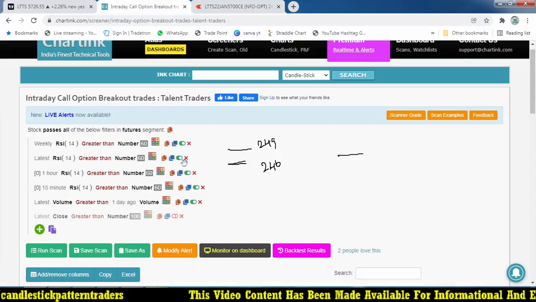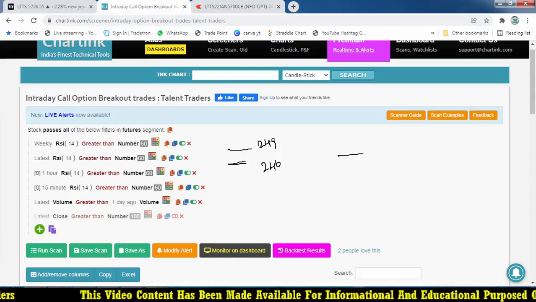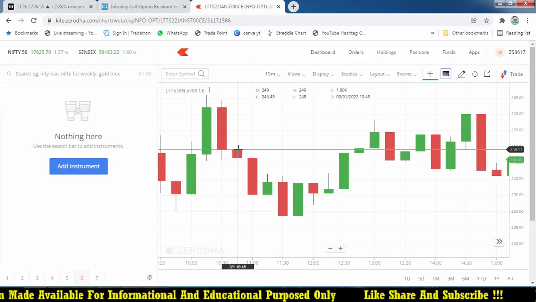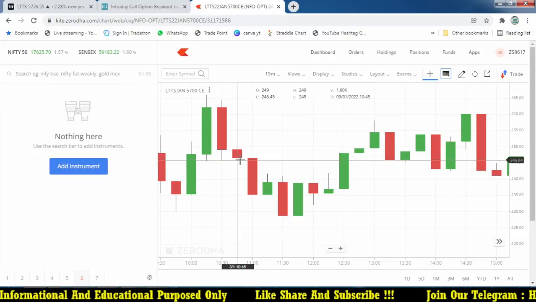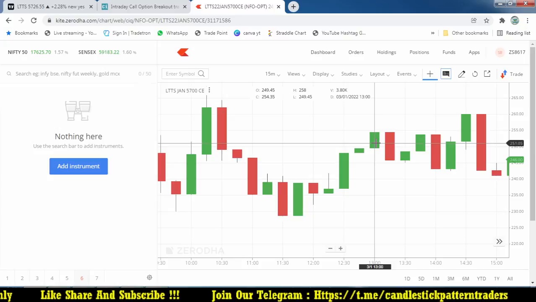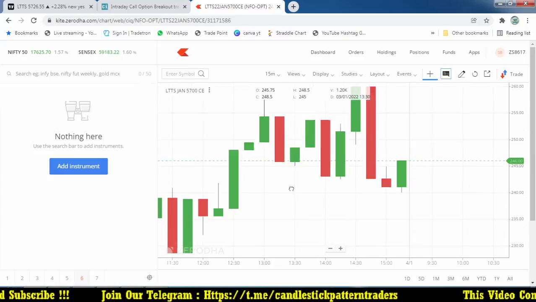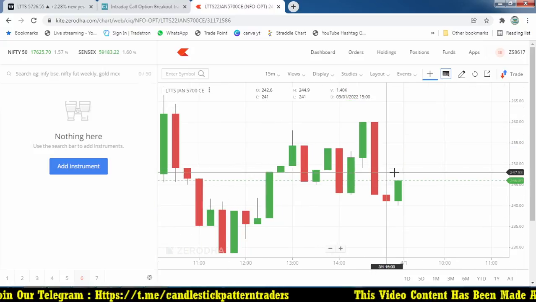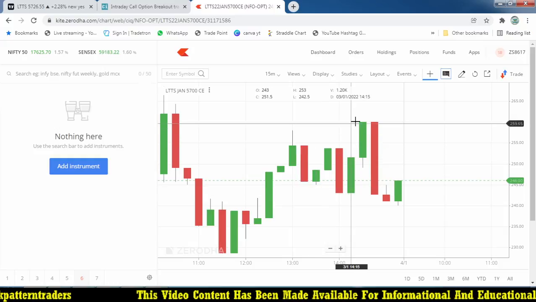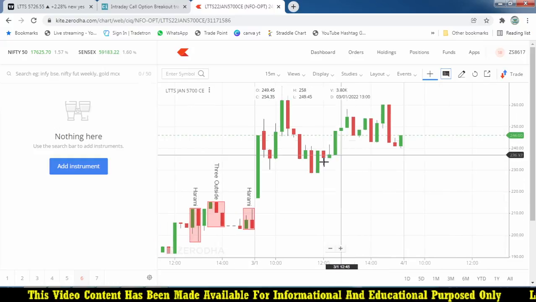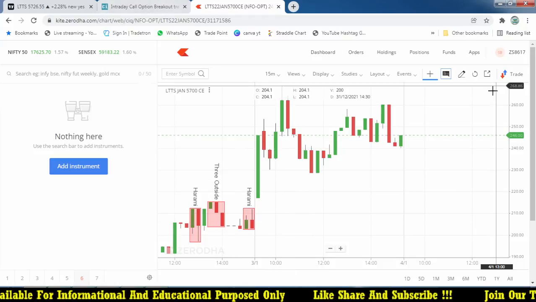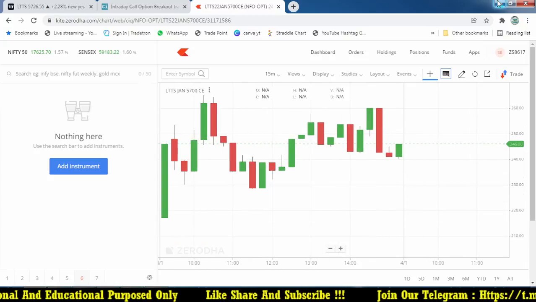So now you understand. This stock LTTS is the first stock given by the breakout. That candle is the key point where we make the entry point, with the stop loss below the candle. It's a very minimum stop loss, and you still get almost 9 rupees profit from this particular trade. After that it is trading on the same level. But after it triggers your stop loss, it comes down to 242 and then moves up to 260. So this is the key level whenever the entry triggers on a particular stock, right? I hope you understand what I'm discussing with you right now.